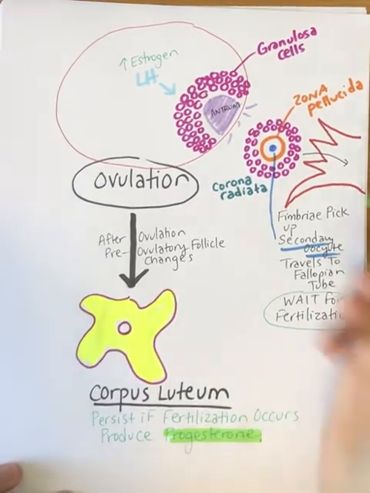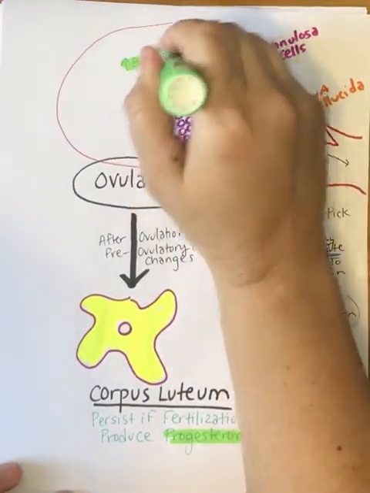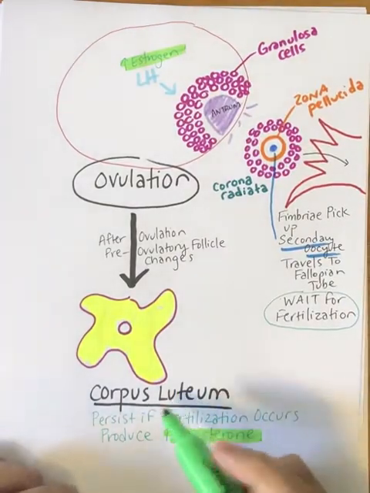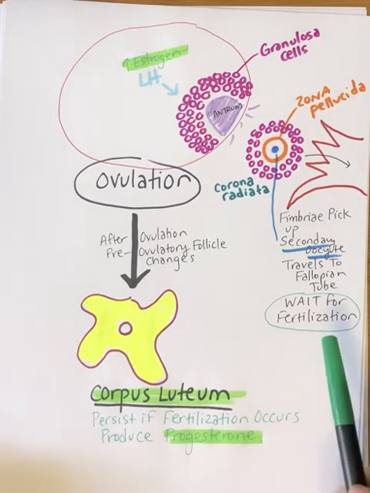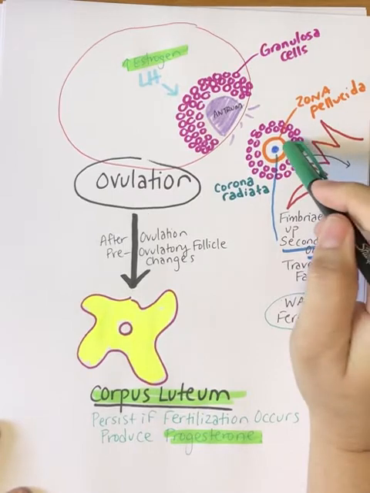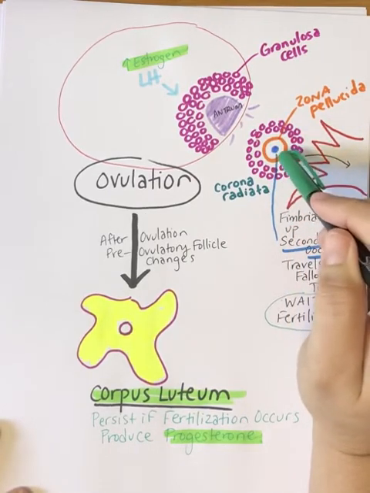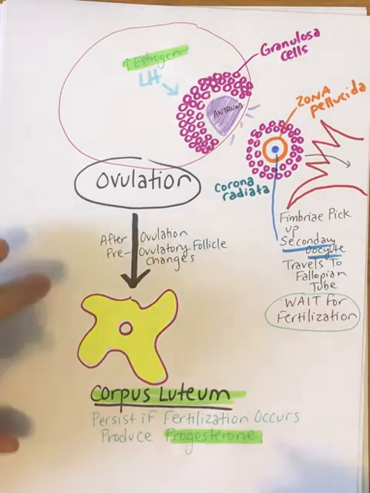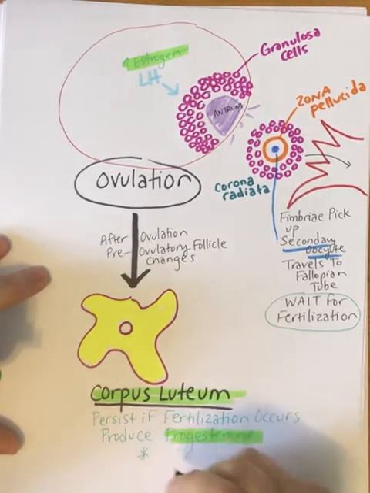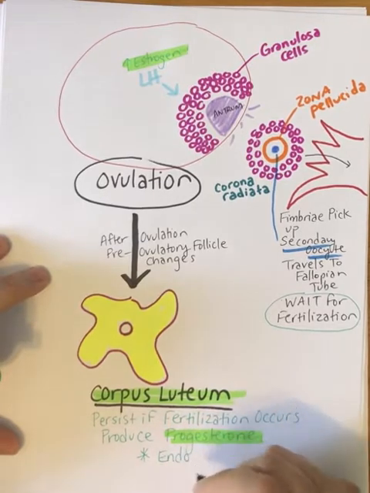Progesterone. So our granulosal cells produce estrogen. Your corpus luteum is going to produce progesterone. Now, progesterone is literally going to start making the inside of the uterus get thick, because if fertilization occurs, then the secondary oocyte, once it's fertilized, the ovum has to bury itself inside of the uterine lining. So this literally is going to make the endometrium, which is the inner layer of the uterus,